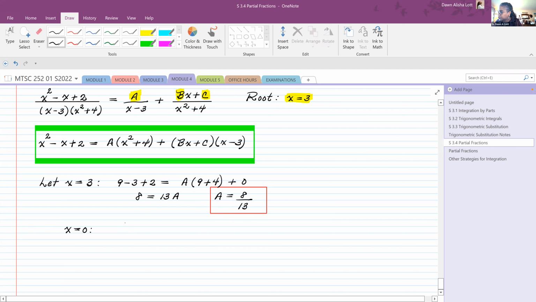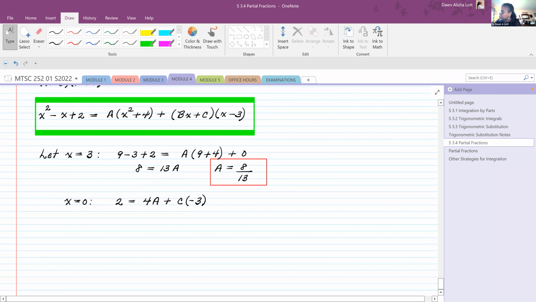And if x equals 0, I get 2 on the left side is equal to 4a plus c times -3. Any questions about that? Okay, because I put in x equals 0, so the b drops out. So I get 2 is equal to 4a plus c times -3. All right, so this is -3c